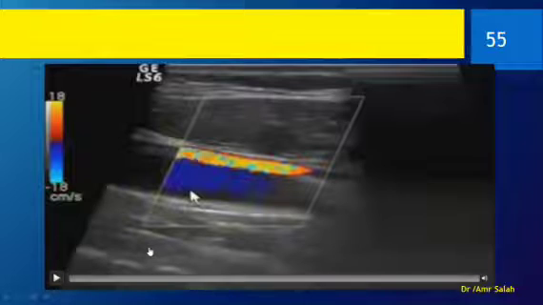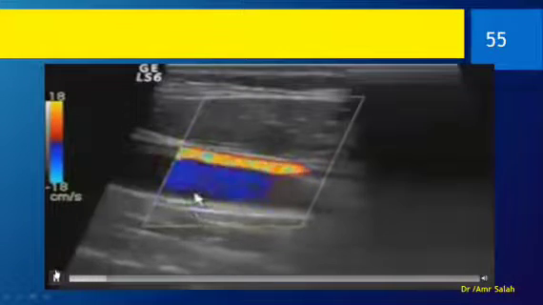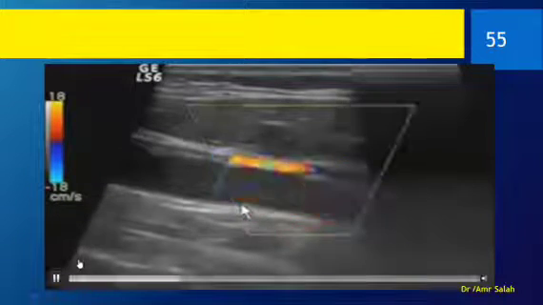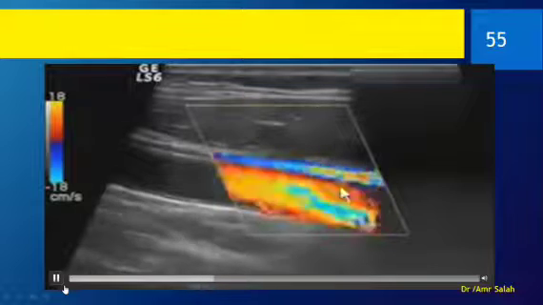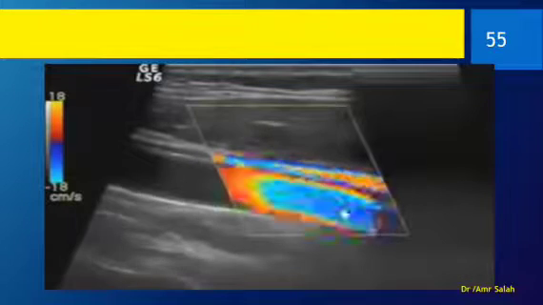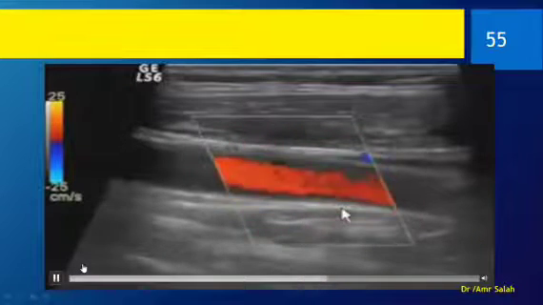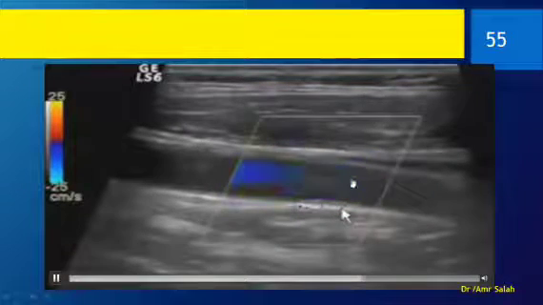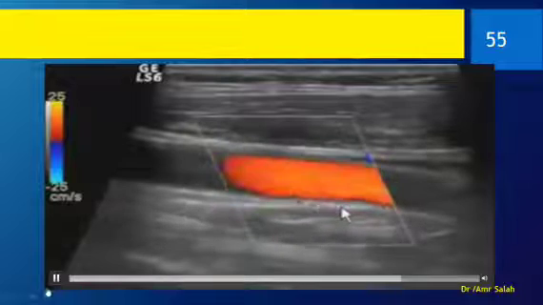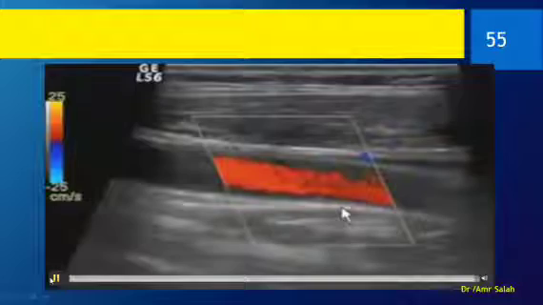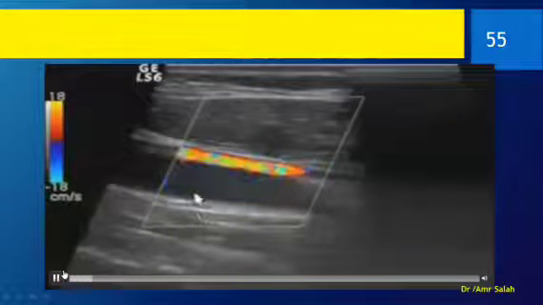Okay, so let's see an application here. Here it is the same vessel, but by changing the angle of the steer, it can be red or blue. This doesn't matter. What matters is that you see the good color. Here you can hardly see any color. Let's see. Voila. When there is no steering, you can hardly see any color.